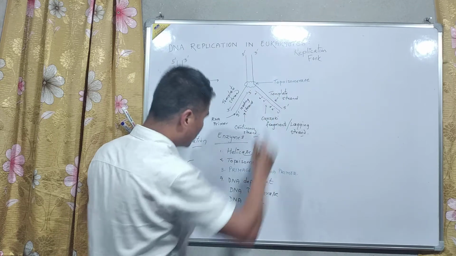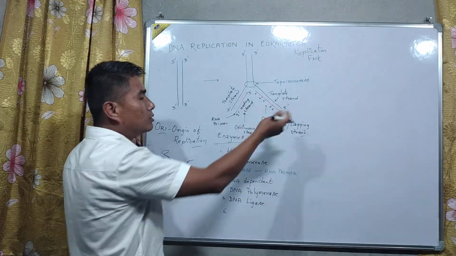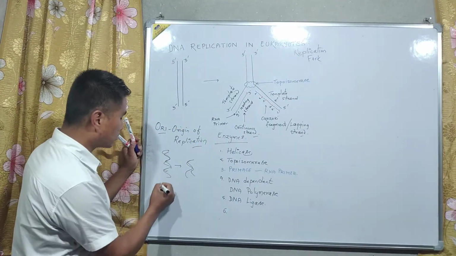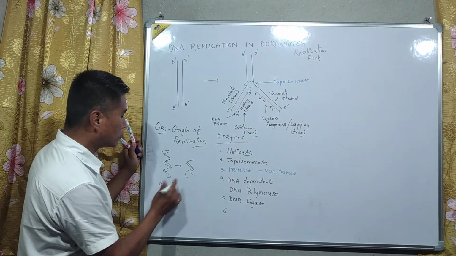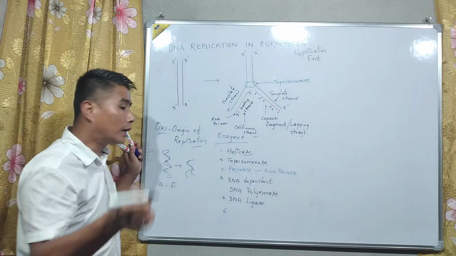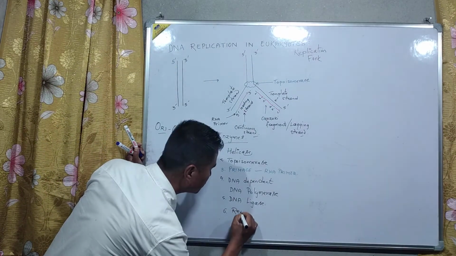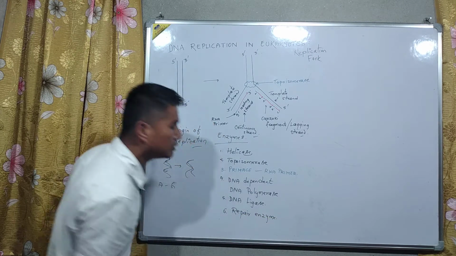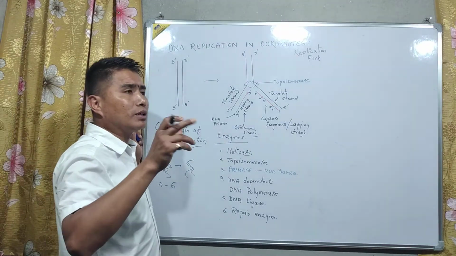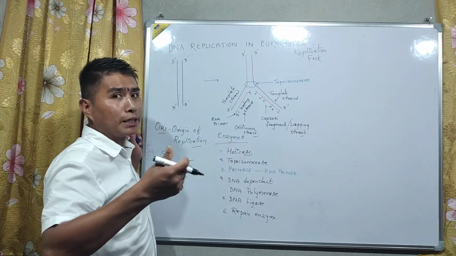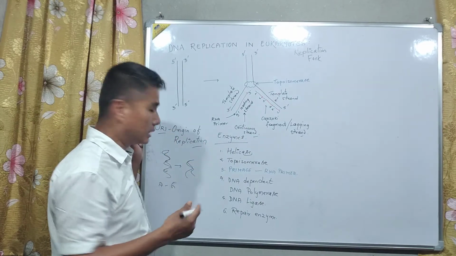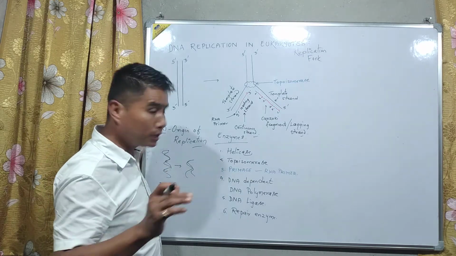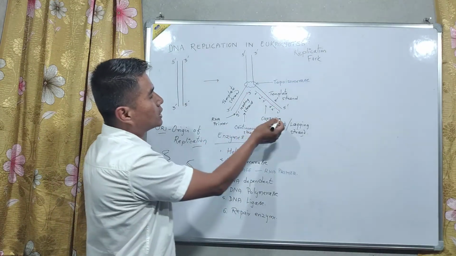Sometimes in the formation of the DNA strand, a wrong nitrogenous base might come. For example, for A there should be T, but sometimes G might come and attach. So a repair enzyme is also there. Normally this does not happen, but if it does, in 1 out of 1000 base pairs one mistake might be there, and it will be repaired by the repair enzyme. Got my point? This is how a new DNA strand is formed.